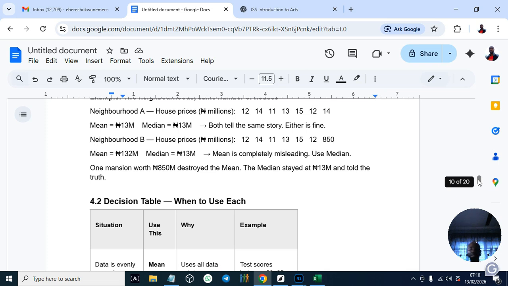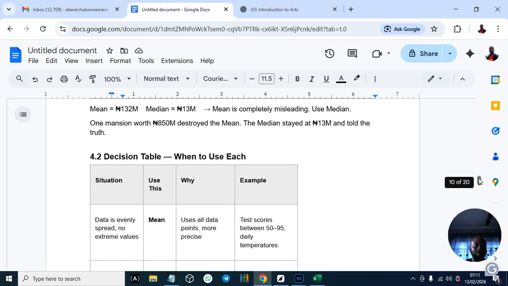If there is a huge outlier, which I have told you, an outlier is just an extreme. Say you have seen 5, 6, 10, and all of a sudden you see an outlier that is 400, 500, it will change everything. If you use mean, it won't work. So you need a median.